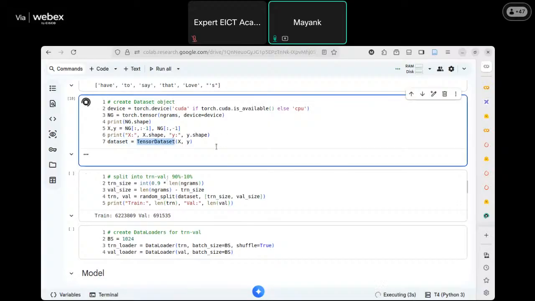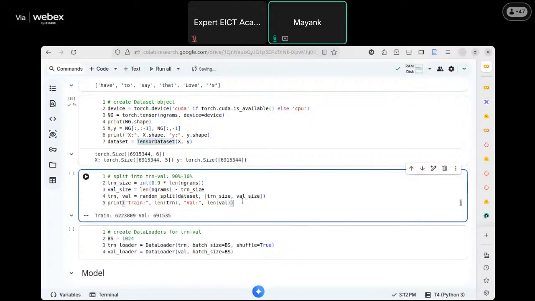ओके, we create our dataset object. डेटा सेट ऑब्जेक्ट हमने क्या देखा था day before yesterday, उसकी दो ही यूटिलिटीज होती है। First, it should be able to provide the length of the dataset. Second, it should be able to provide an item at a given index. वो इसे स्क्रिप्टेबल होना चाहिए, कि आपने स्क्वायर ब्रैकेट लगा के 15 लिख दिया तो 15th एलिमेंट आ जाना चाहिए, ओके, या 16th एलिमेंट आ जाना चाहिए।